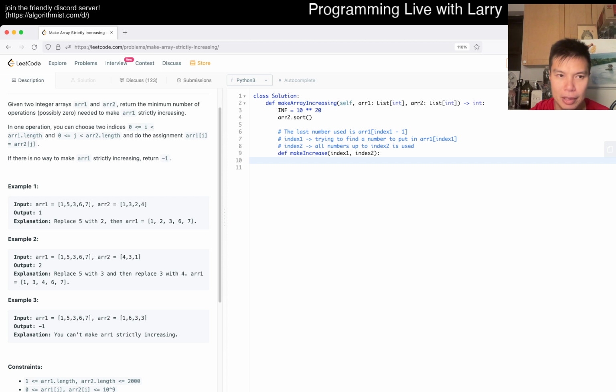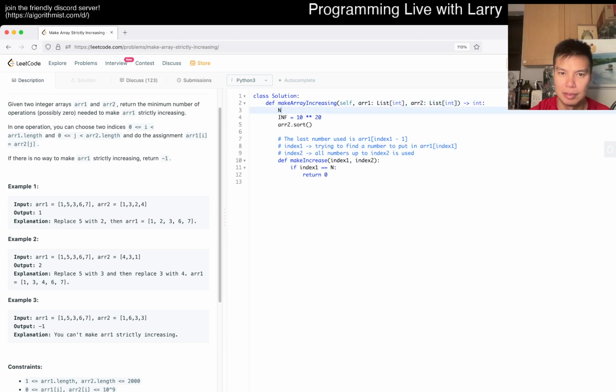So yeah. Okay, if index 1 is equal to n, then we can return 0. So we said n is equal to length of R1, m is equal to length of R2. Actually, let's just go with L1, L2, just to keep it easier to remember which one's which. Okay. Otherwise, best is equal to infinity, and then we return best. So now the last number is, let's get the previous number. If index 1 is equal to 0, then previous number is equal to negative infinity. Else,